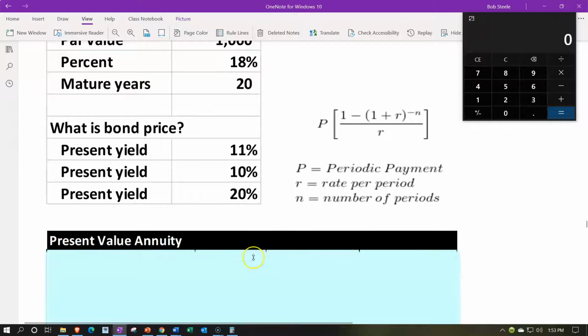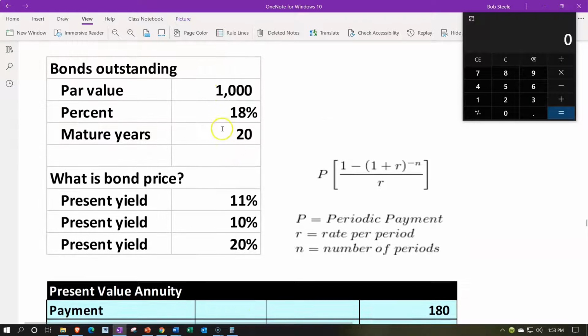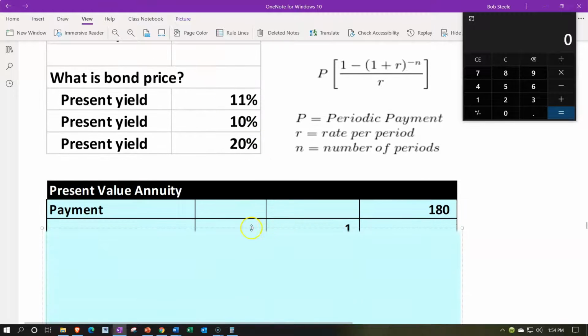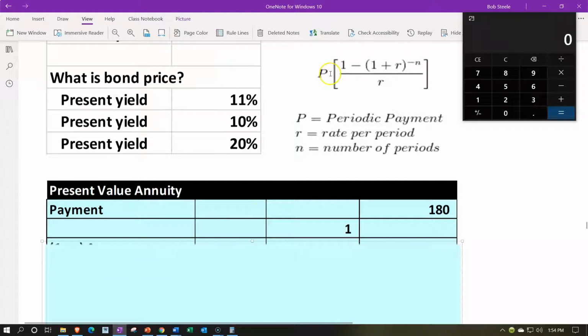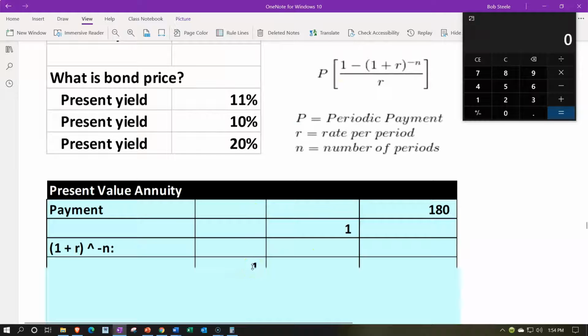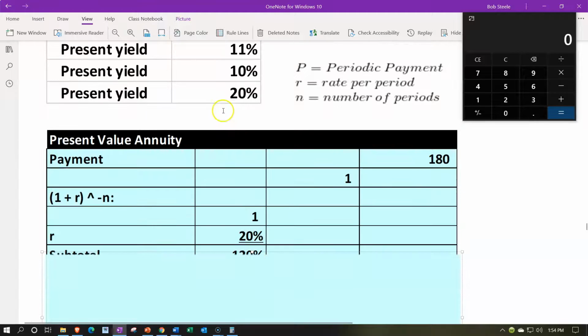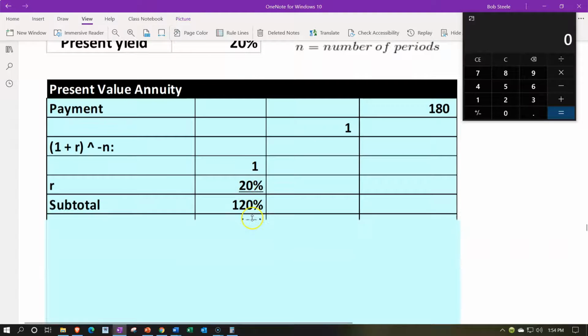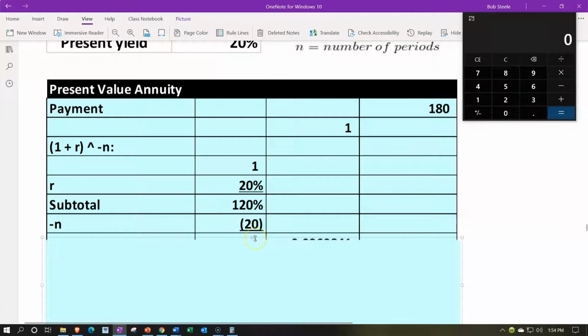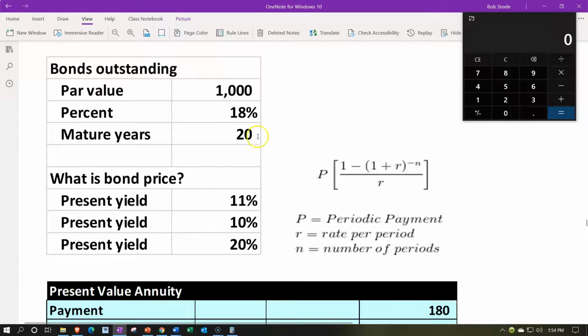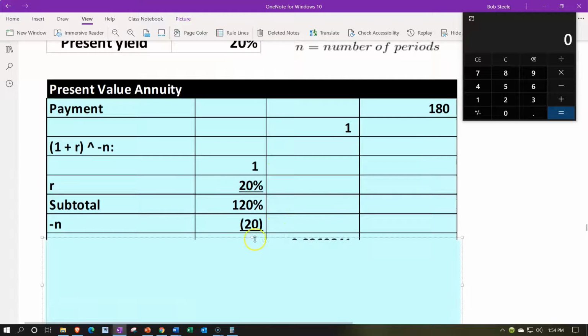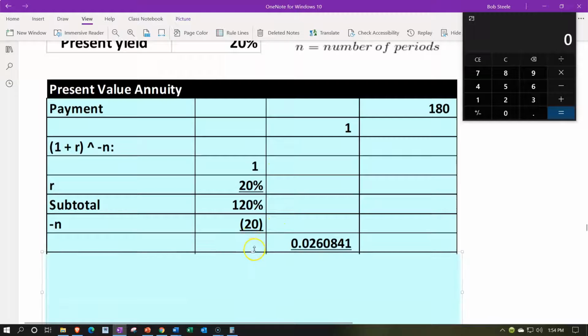Let's put that into our table. We got the 180, which is going to be the 1,000 times the 18%, times the numerator, 1 minus 1 plus r, there's the 1. Then we're looking at that 1 plus r to the negative n, there's the 1, r, 20%. 100% plus 20%, or 1 plus the 0.2 would be 1.2, or 120%. Then to the power of 20, which this time is this 20, the number of years, to the negative power of 20. That would be the